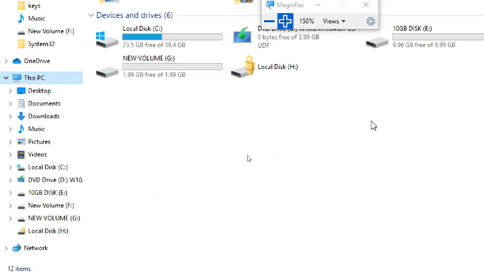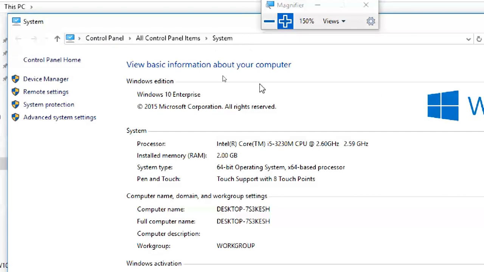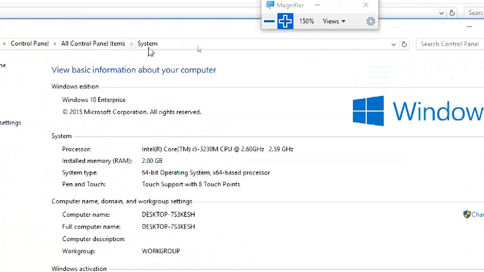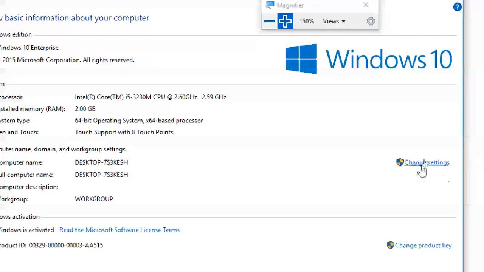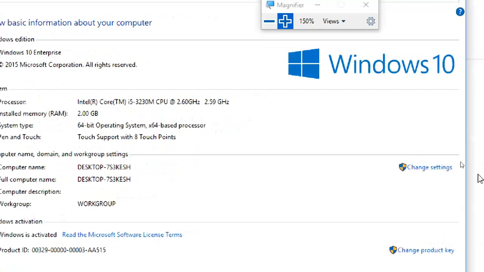That's it. I'll show you a common and traditional way. Like in any Windows you use, no problem. So you can get the control panel system. You can go to control panel and system. Can you see this is the computer name? This is the computer name. In the same system, you can see the computer name. And this is change settings. Computer name, change settings. Workgroup is WORKGROUP. Okay, so I'm going to change the name.